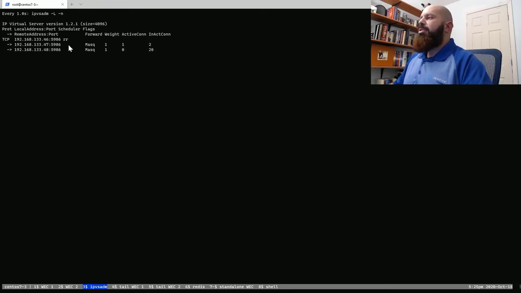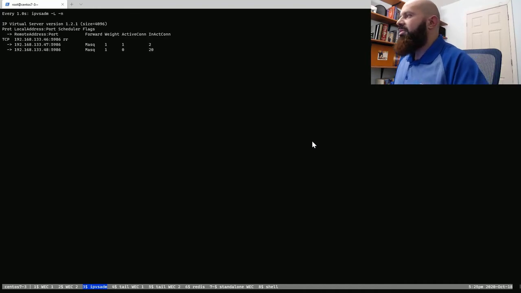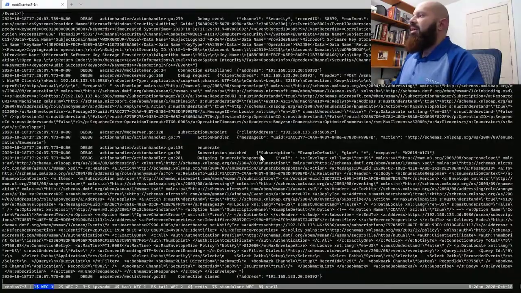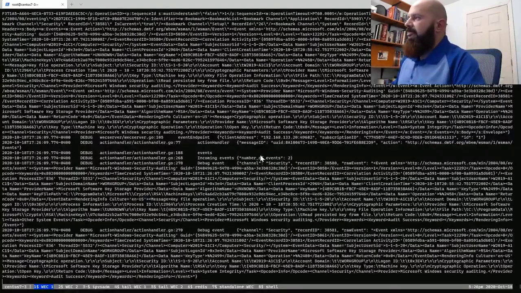And just for navigation purposes, if you notice, you can see all the way at the bottom of the window, these are the titles of the screens that I'll be on, so you can tell what we're looking at. In this case, I'm using IPVS-ADM as a load balancer. So we're looking at kind of the status of that. And if I switch to here, this is the first WEC service on IP47.